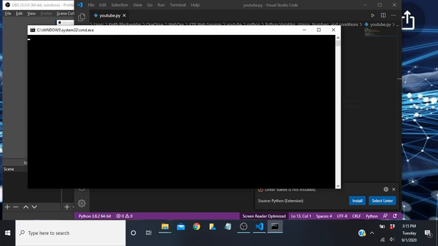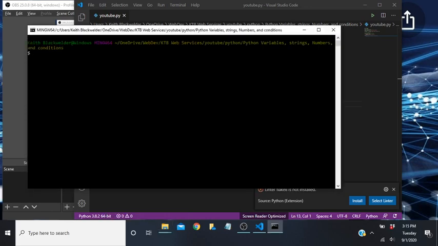Now this opens up my terminal, and this is a Linux environment as far as the terminal goes. And what I'm going to do here is you type python, space, and then you type the name of the file that you want to run. So in this case it's